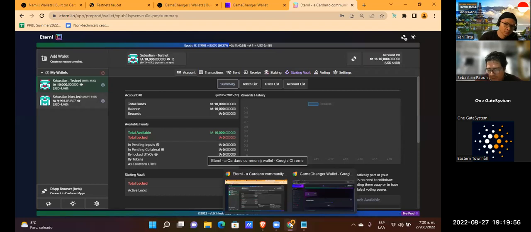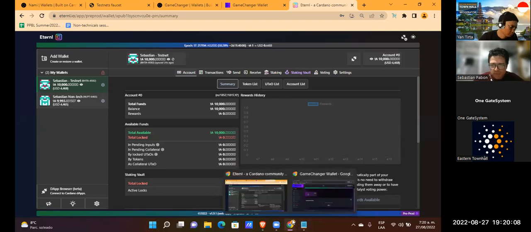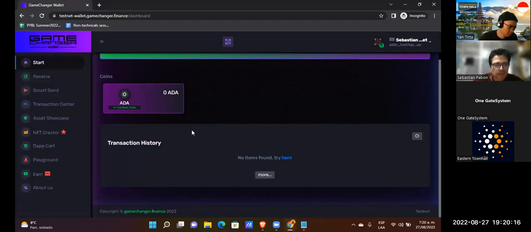In GameChanger and in general, almost the major part of the wallets are in the process of making those updates. But the idea is to have a sense of this wallet because it's really good.